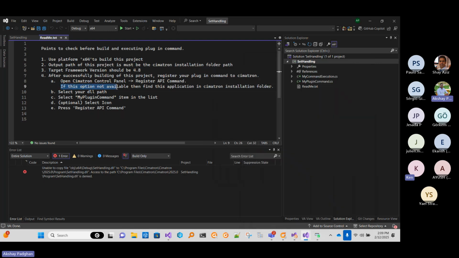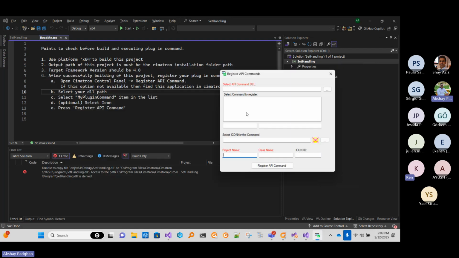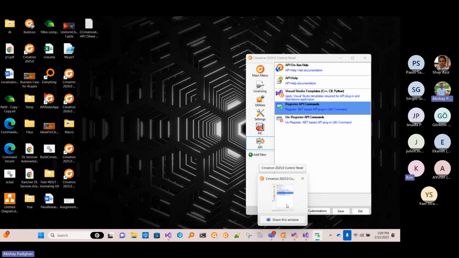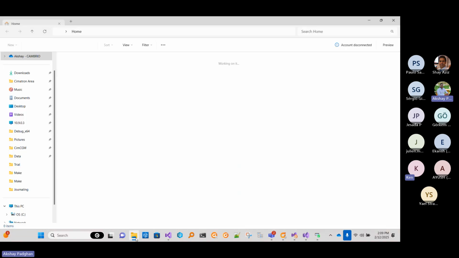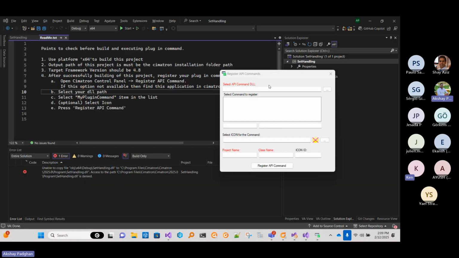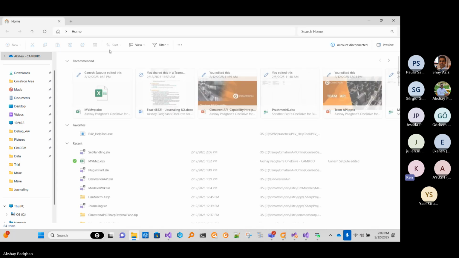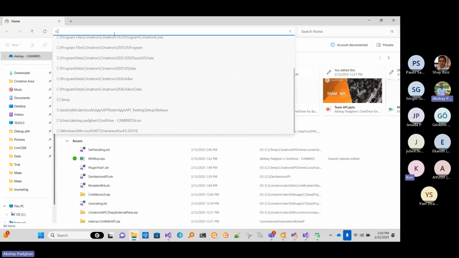If this option is not available, mostly it is supported from version 25. But if you are using an old version, maybe 16 or something, and you want to do the same action, you have to open this exe manually. This Register API Command exe is available in the Symmetron installation directory. The Symmetron installation directory is C: